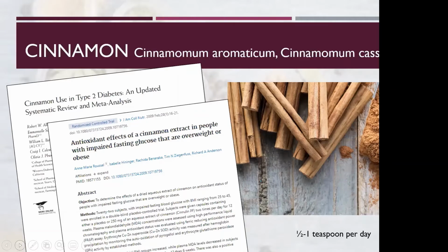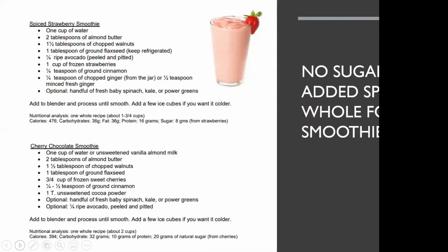I gave you a recipe that you might want to try. I was worried about making this soup when it was so hot. I guess I needn't have worried. But I have made that cherry chocolate smoothie in cooking demonstrations before, but I don't think I've ever made that top one, that spiced strawberry smoothie. So that smoothie has both cinnamon and ginger in it. So the combination is anti-inflammatory. So even though you couldn't get down maybe a half a teaspoon of cinnamon, you get both those anti-inflammatory, antioxidant spices, and maybe some blood sugar lowering effect of that amount of cinnamon in a smoothie